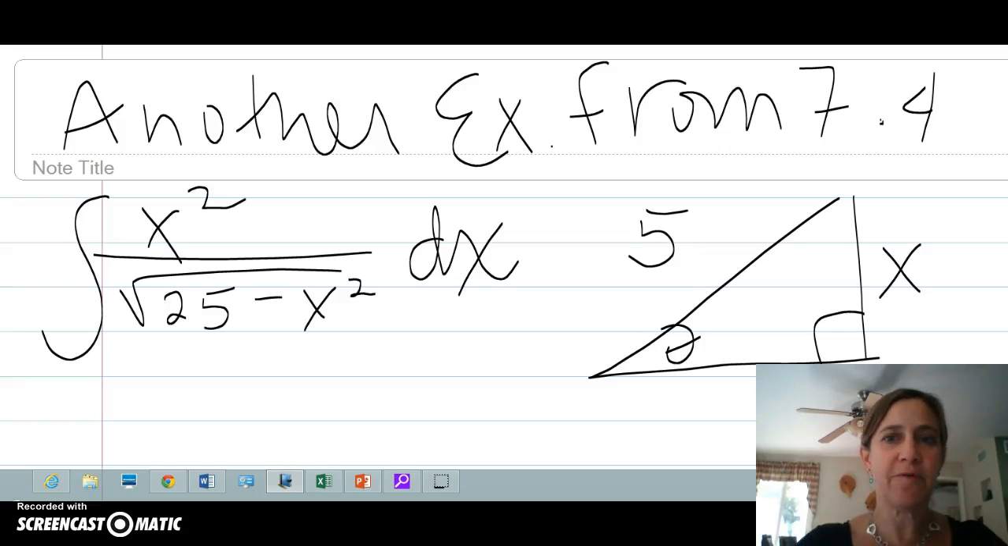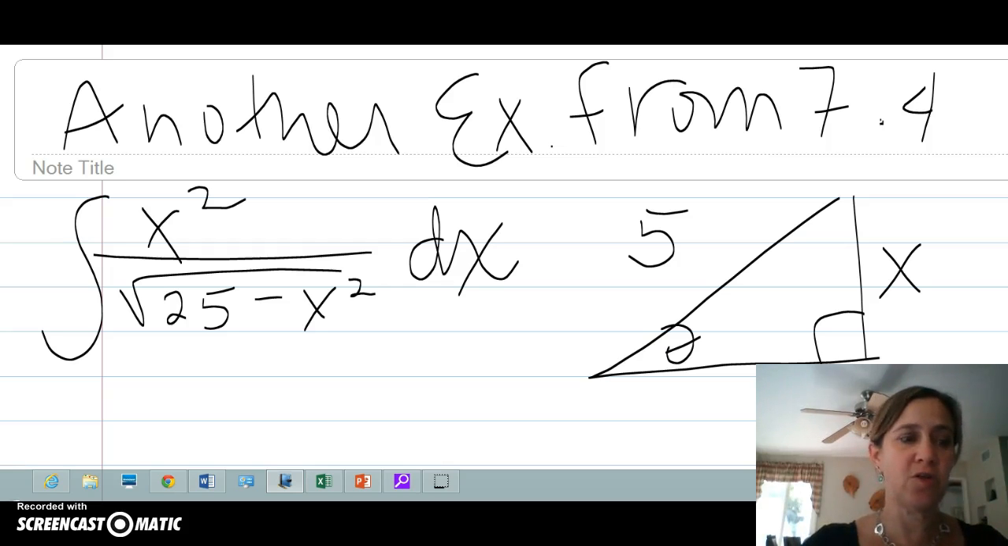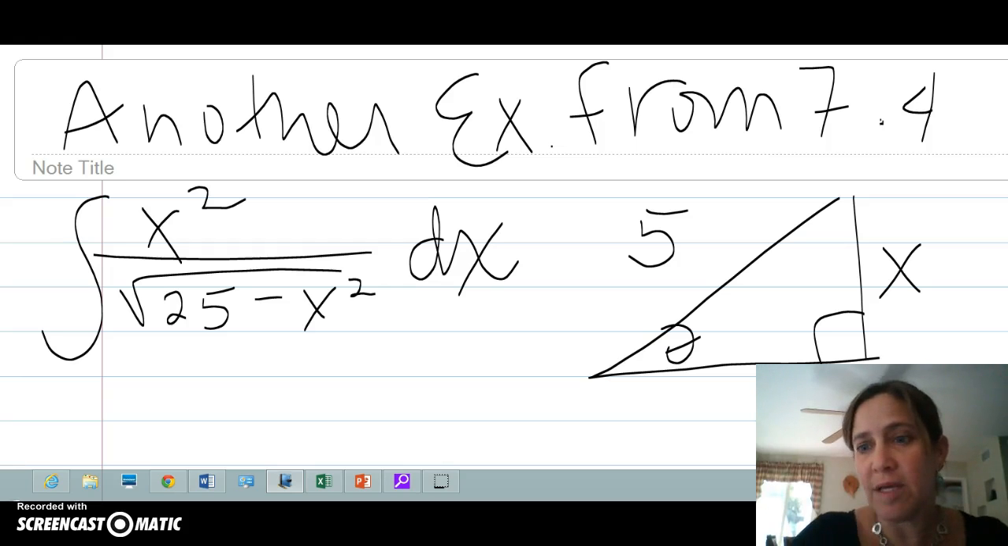Let's do another example from 7.4. Remember we discussed in the first example that sometimes it's nice to do a substitution where, instead of substituting an expression and calling it u or w or your favorite letter, you actually want to use a trig substitution. The way to do that is you visualize a triangle and then you call your x, or your x over 5, or your x over whatever, some form of a trig function,